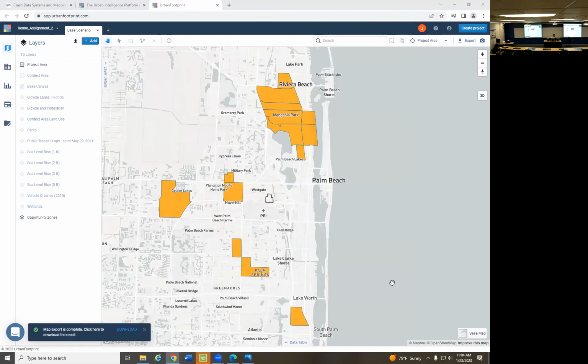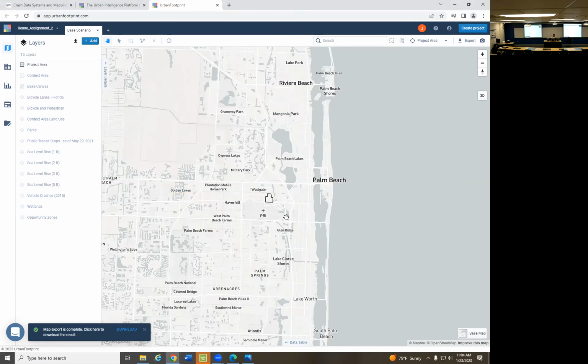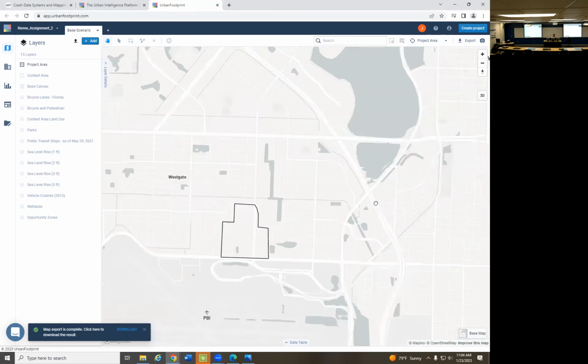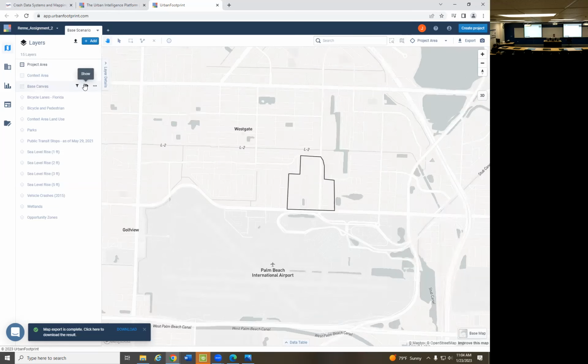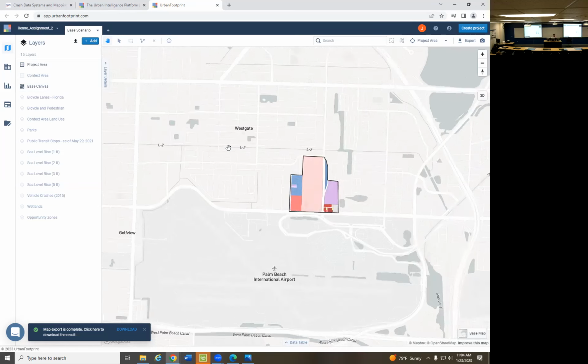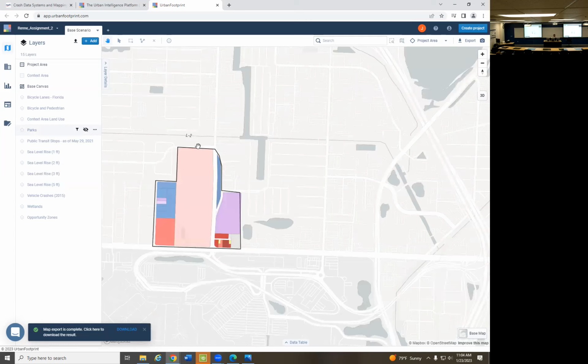So we're going to go back into our site. I'm going to turn off this opportunity zone map. We're going to zoom in, and I'm going to pull up my base canvas. I'm going to turn that back on to show my land use. Okay. Now,